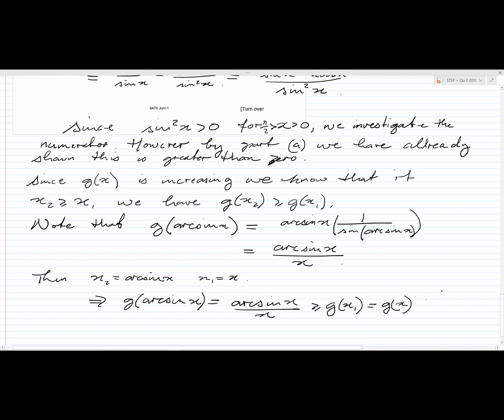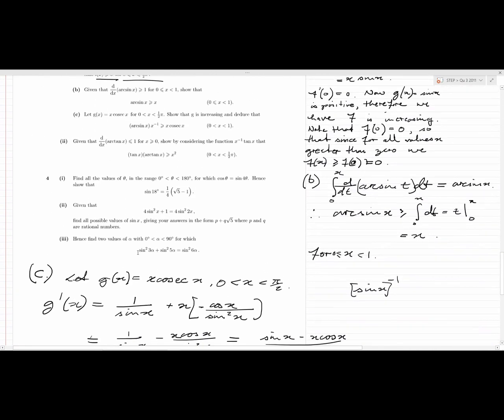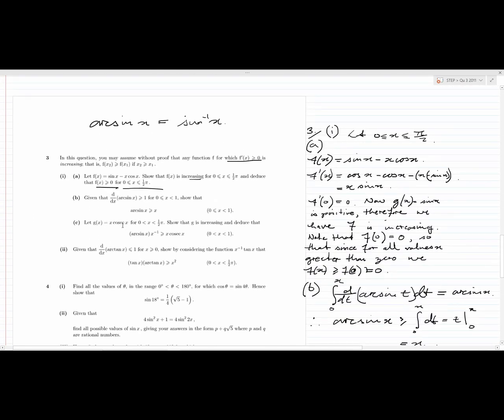That's what we've stated here. So therefore, that's just x cosec x. So what looked quite hard is actually rather simple when you link the ideas together. So how did I know to do that? Well, it's because we've been constantly proving greater or equal to, and we've got sine as cosec x, and we've got